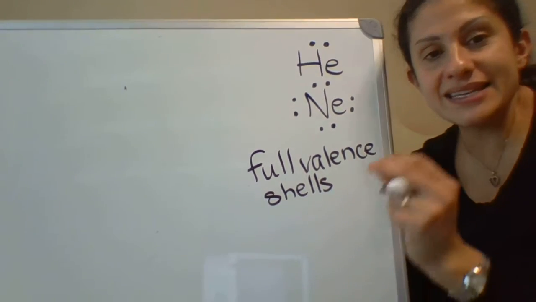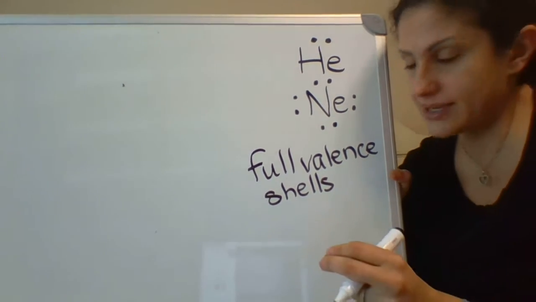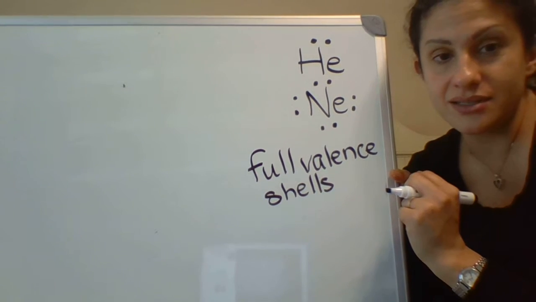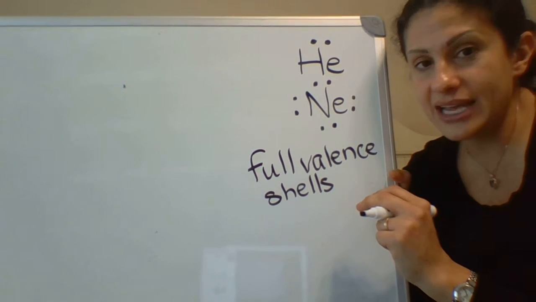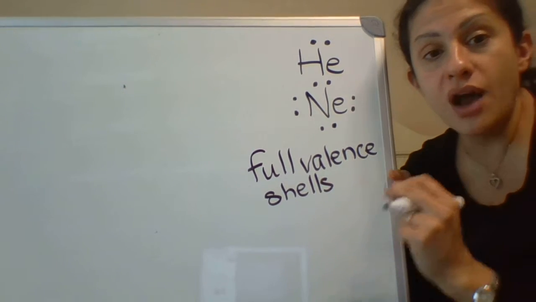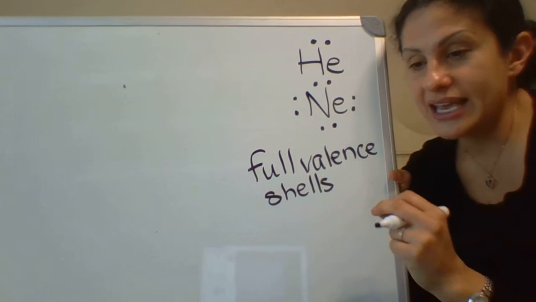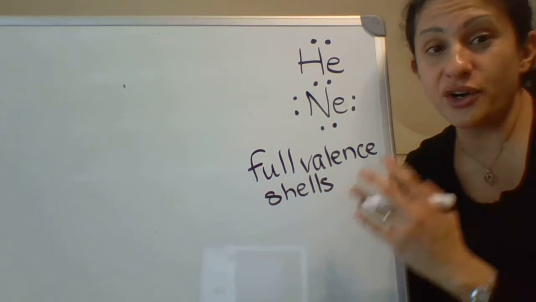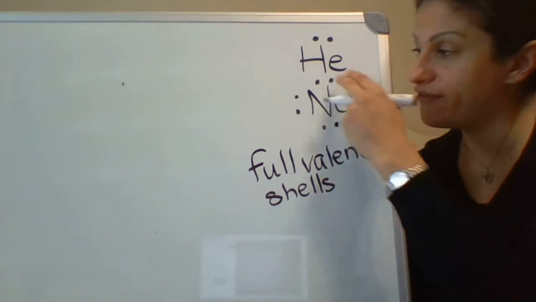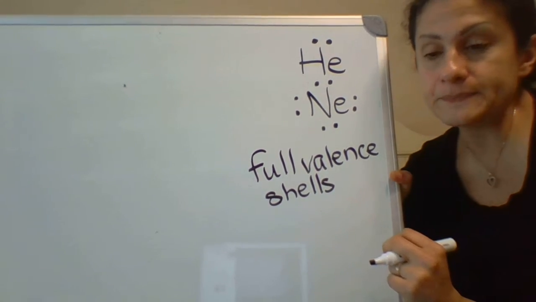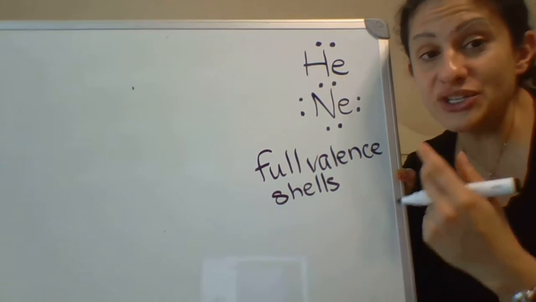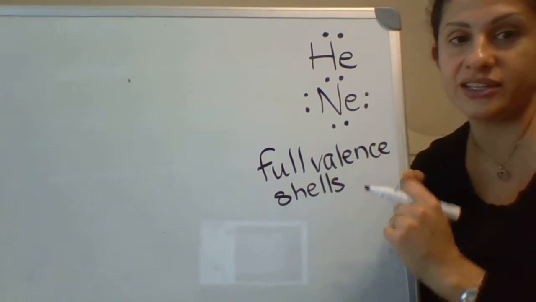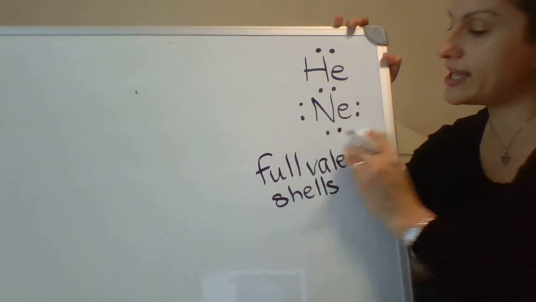So that is the key to understanding reactivity of elements. If they have full valence shells, they do not react with anything else. All other elements in the periodic table other than the inert gases do not have full valence shells in their atomic state. And that is why they react with other elements. Their goal is to achieve a full valence shell. So let us look at some of the elements that do react and talk about how they achieve that full valence shell state. So let's look at lithium,